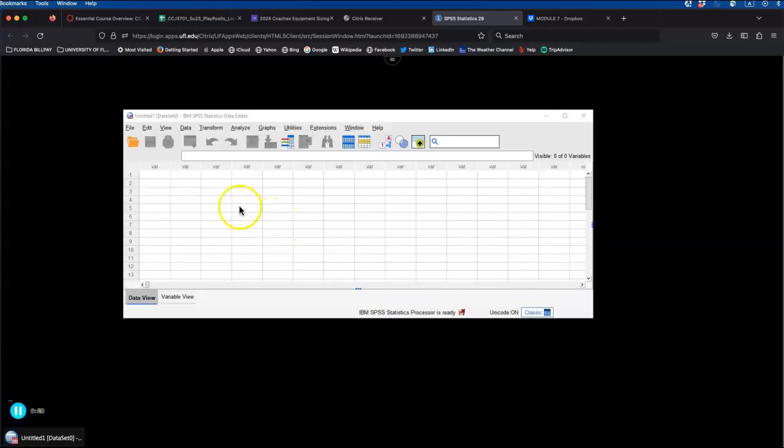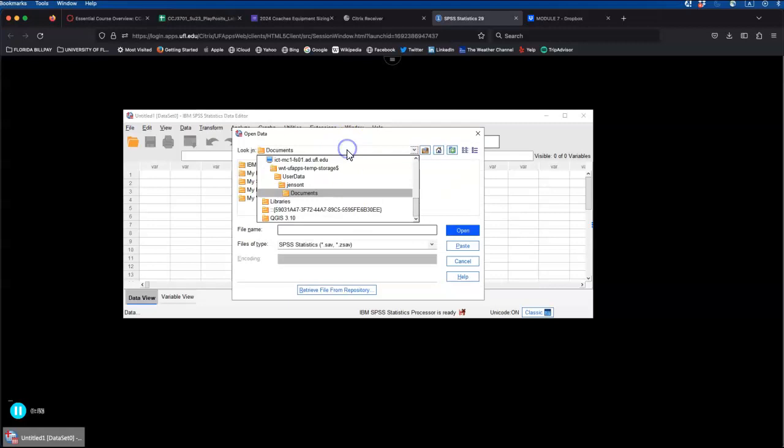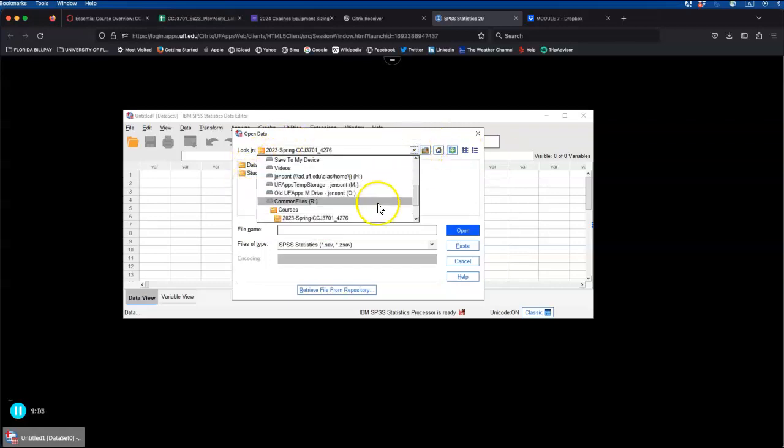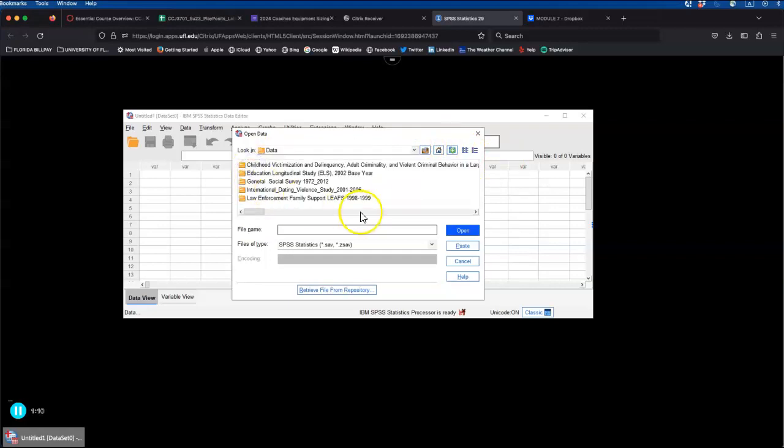Once the software program opens, we're going to go to File, Open, and Data, and of course navigate to the R drive and select Courses, find your course, and the data folder, and then once you're inside the data folder, we're going to scroll over to